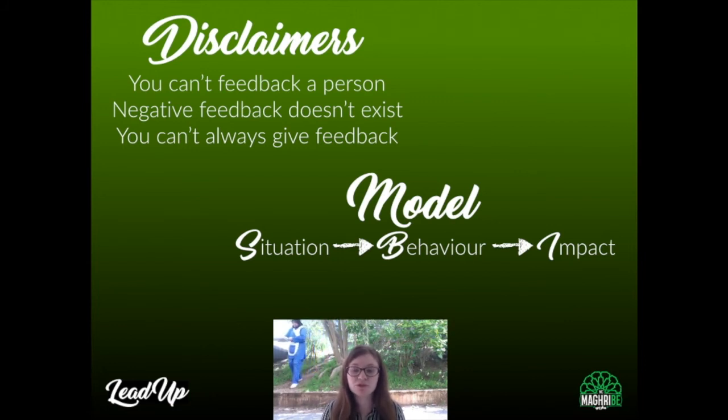The kind of model that we are proposing for you is super simple. How to give a feedback in 3 steps. It's a model called SBI. So first of all, you start with the situation. You describe what was the situation to set a kind of context for your member. Then you say the behavior that you saw. So for example, I saw that you behaved in this and this way, and then you move to the impact. So how it impacted you as a person.